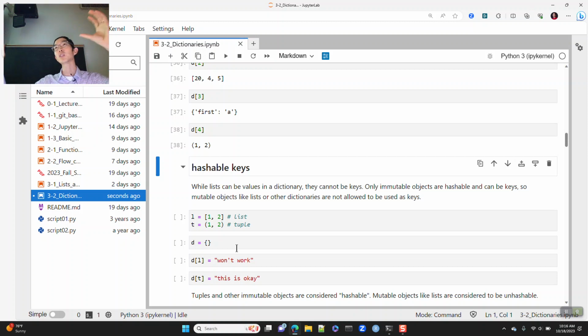So if your string is ABC and you want it to become ABCD, you can't just say take ABC and add the letter D, right? When you do that operation, ABC plus D, that does not modify the original string ABC. It creates an entirely new string called ABCD. So strings are